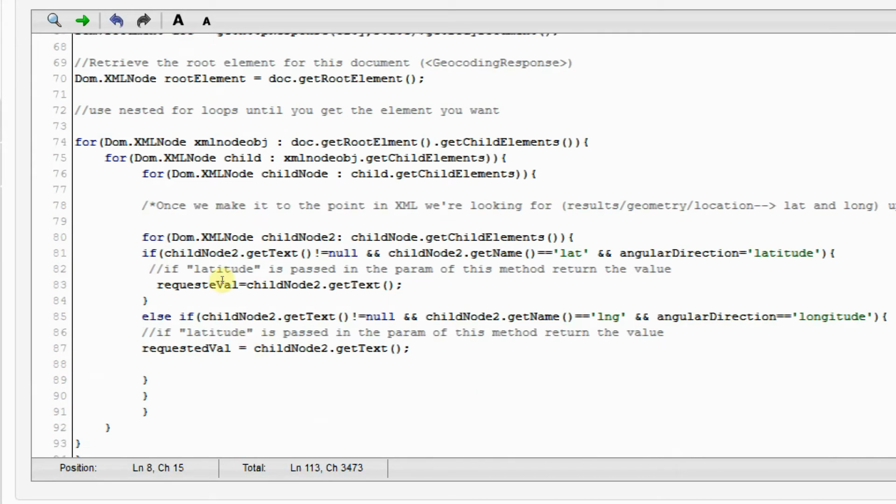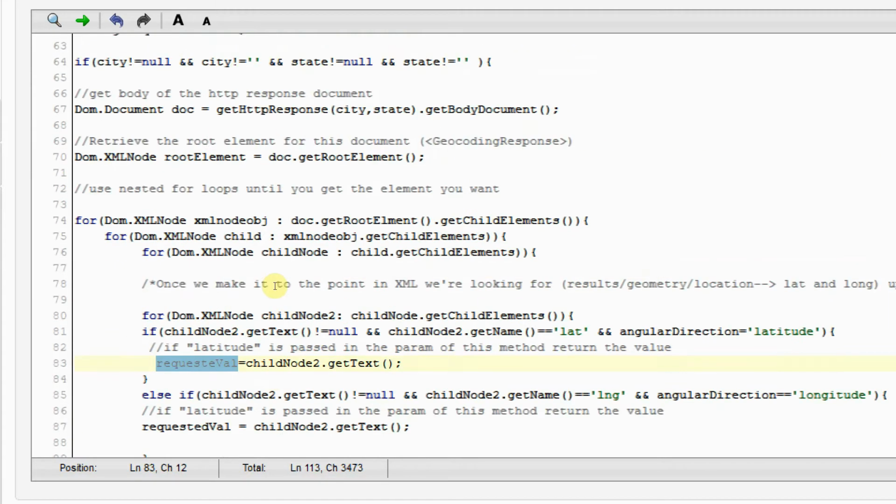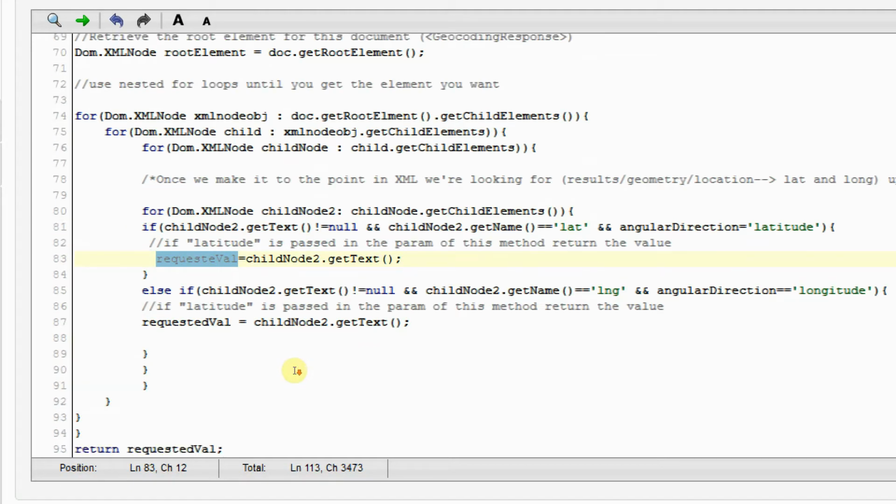All right, now after we make our way down to this and we traverse through the elements and we find the lat and long within the HTTP response, we're basically just going to set those particular values. So we have the requested value equals child node dot get text. And then from there, we just want to return the requested value. All right, so this method is pretty much done now. And what we need to do next is